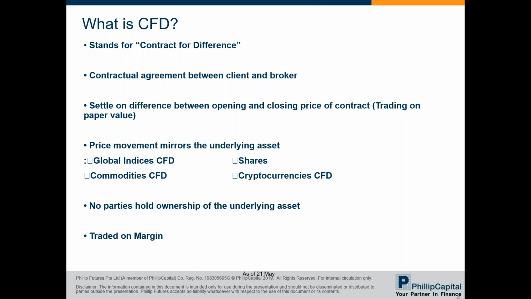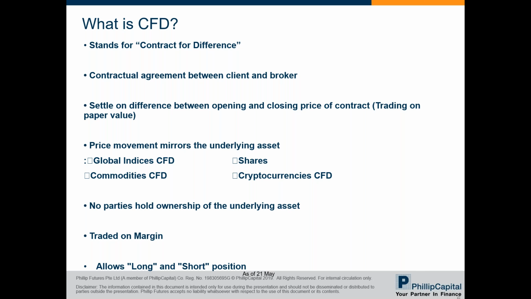CFD contracts are leveraged to enable trading on margin. The amount of initial margin required to place a new trade is only a small percentage of the total contract value. As leveraging provides you with the ability to use a small amount of capital to control a large amount of assets, you do not need to come up with the full capital for it, but merely a percentage, for example 5%. So it can be a double-edged sword, and you need to be aware of the risk of this leverage trading.